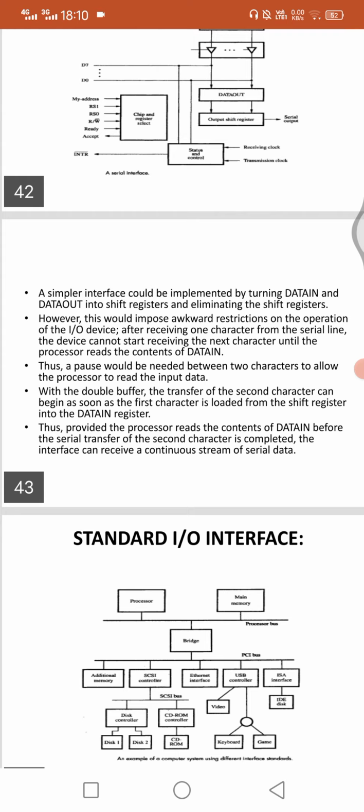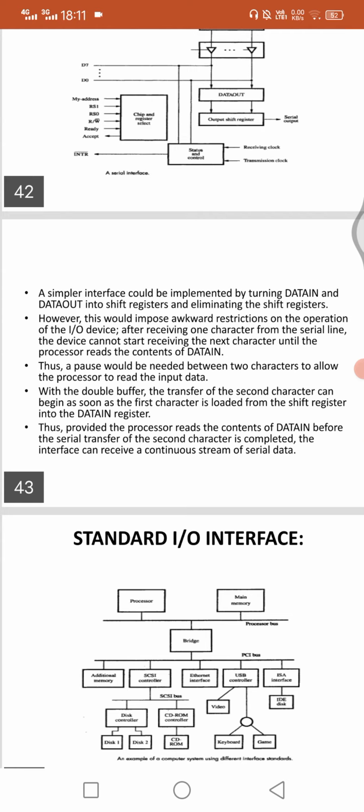That means if we send one character in data in, the next character waits until the processor reads the content of the data in, the previous data. Up to that, the next character is not received.